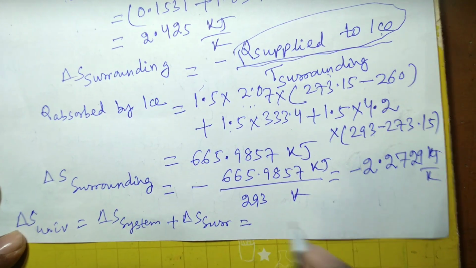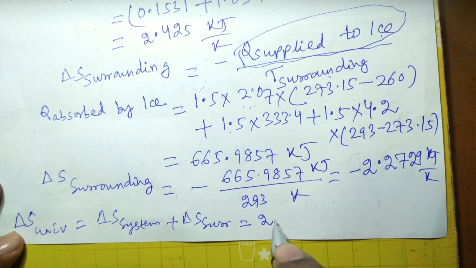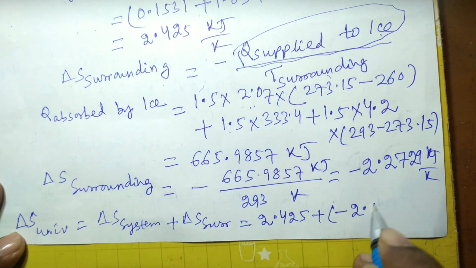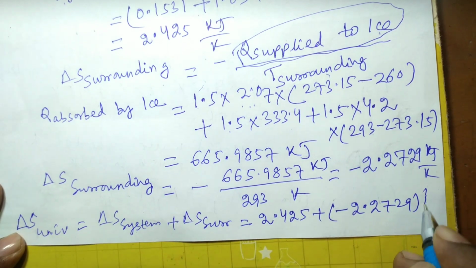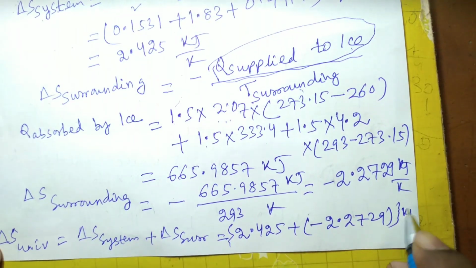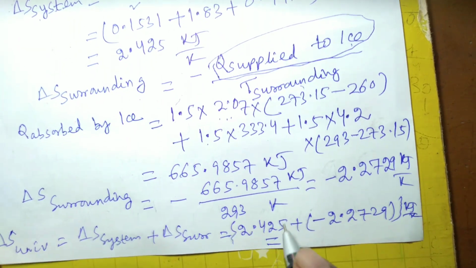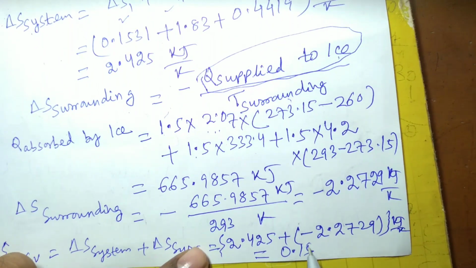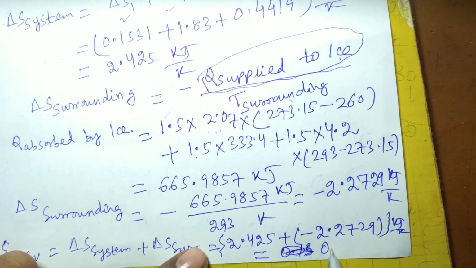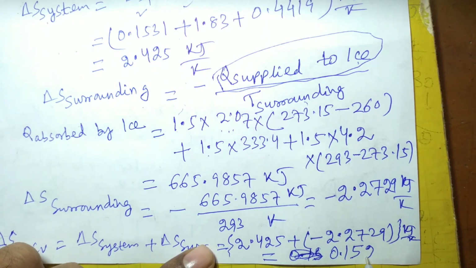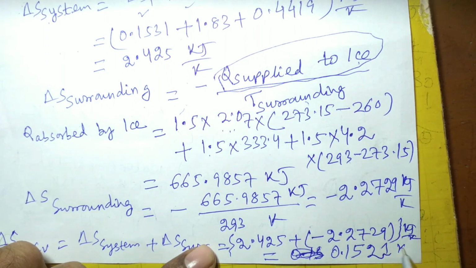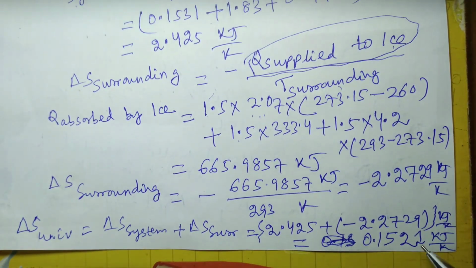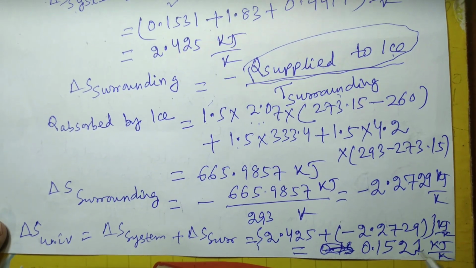This will be 2.425 plus minus 2.2729 kilojoule per Kelvin, and this answer is 0.1521 kilojoule per Kelvin, and this is the same as entropy production during the process,